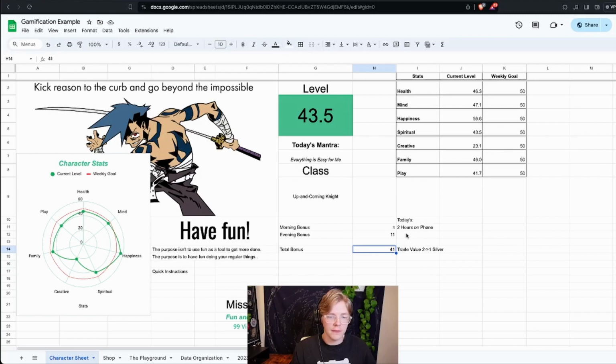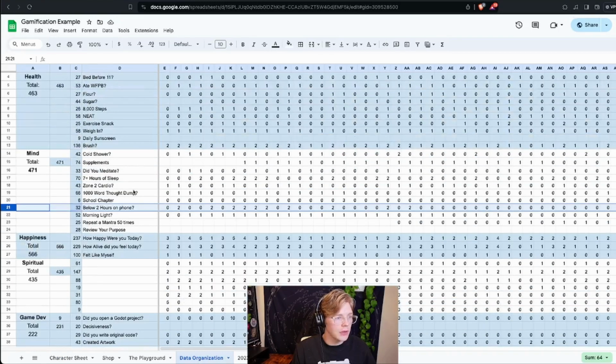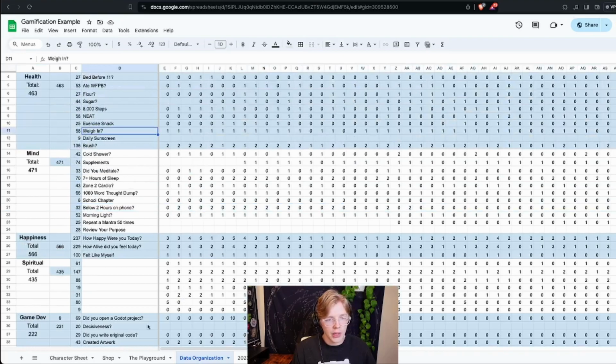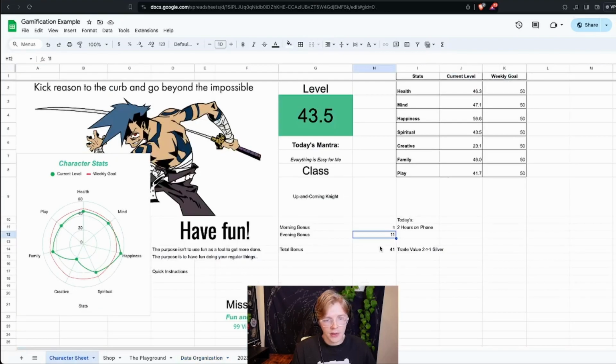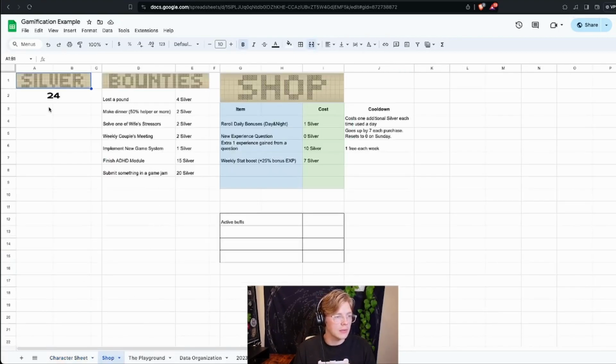So at the end of the day, when I fill it out, I come and look at this and say, let's say the day was over, I go and look at number 11, which was, did I weigh in? And then I would give myself an extra point for weighing in. And I usually double it. So those total bonus points you can use for silver, because I made a currency system. And basically what this does is two things. So if ever I have like a one-time task instead of a repeating thing that I want to do daily,